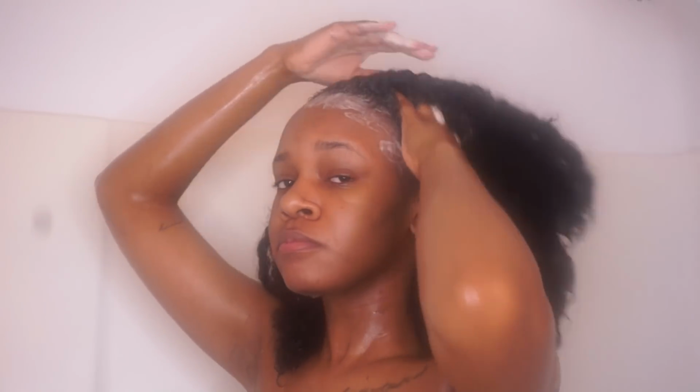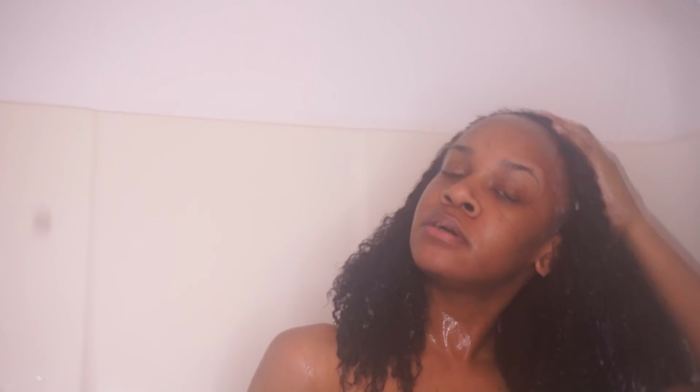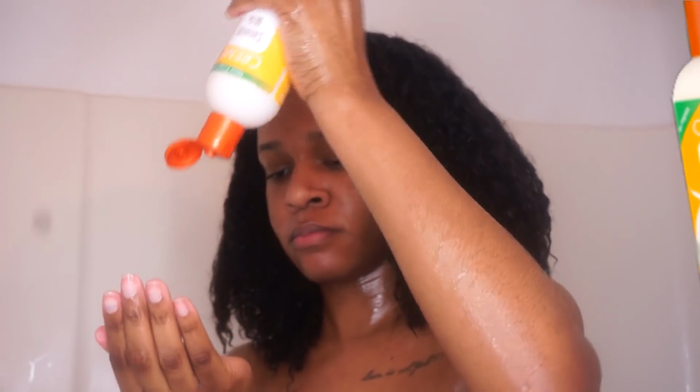Like I said, I'm using Shea Moisture's Jamaican Black Castor Oil Strengthen and Restore Shampoo, which contains shea butter, peppermint, and apple cider vinegar. There's so many things I love about this shampoo. I love how it smells. I love that it can be used for natural, chemically processed, and heat styled hair. It's sulfate free. Y'all, this is just like a container of goodness. But anyways, once I've shampooed my hair 2 times, I'm going to follow up with Cream of Nature's Coconut Milk